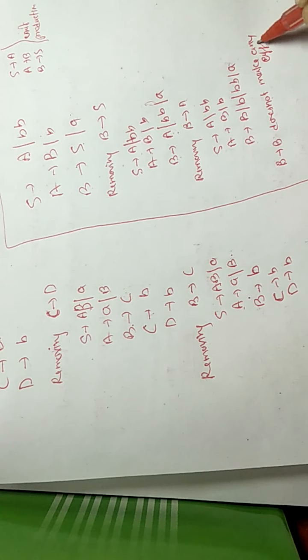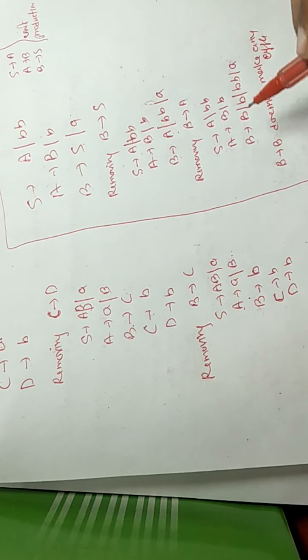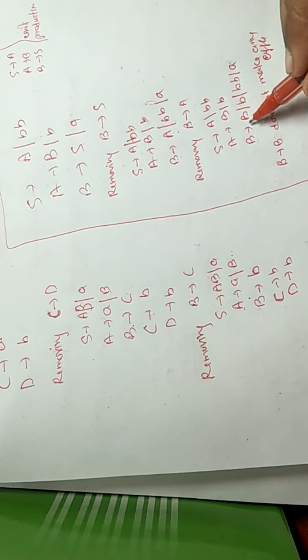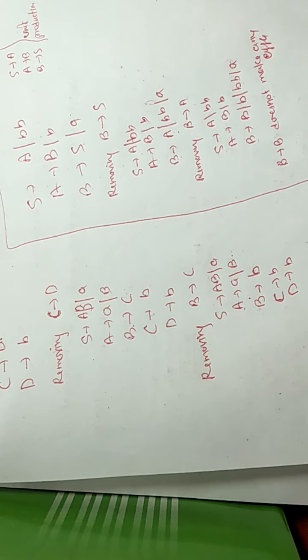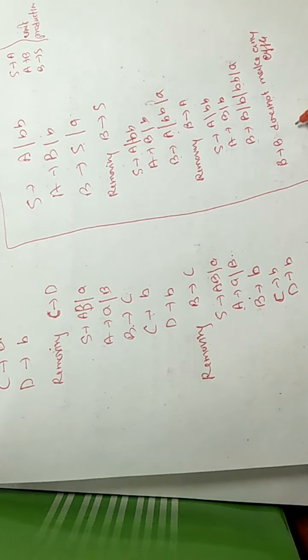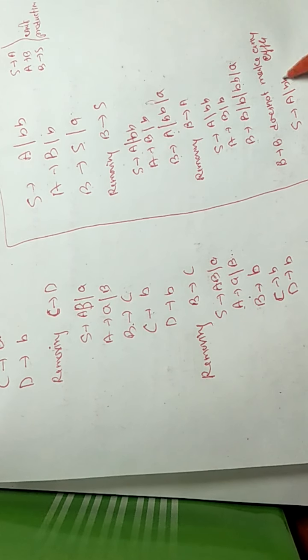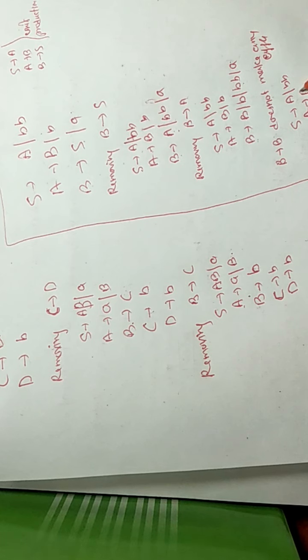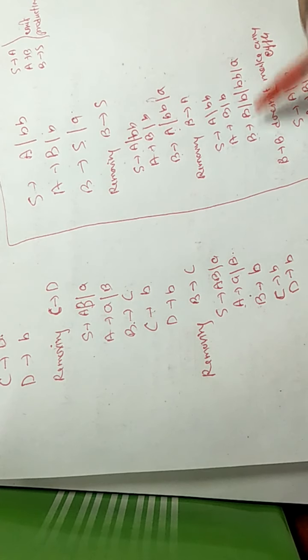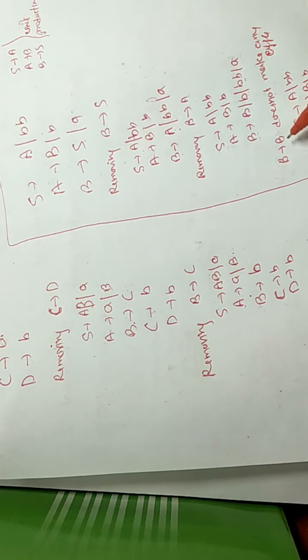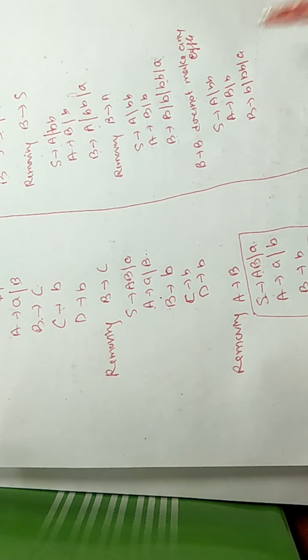Why? Because when we get B at the place, B gets B again. At the end we need to put either b or BB or A. So B tends to B, we can directly remove because it is B only. So it can be written as A tends to B slash b and B tends to b, BB or A. Because B has b, BB or A, at the end we need to put B tends to small b, BB or A. So we can directly write it as.